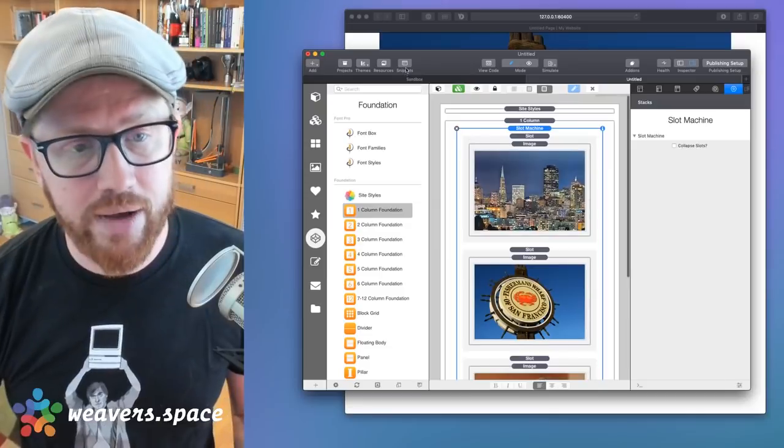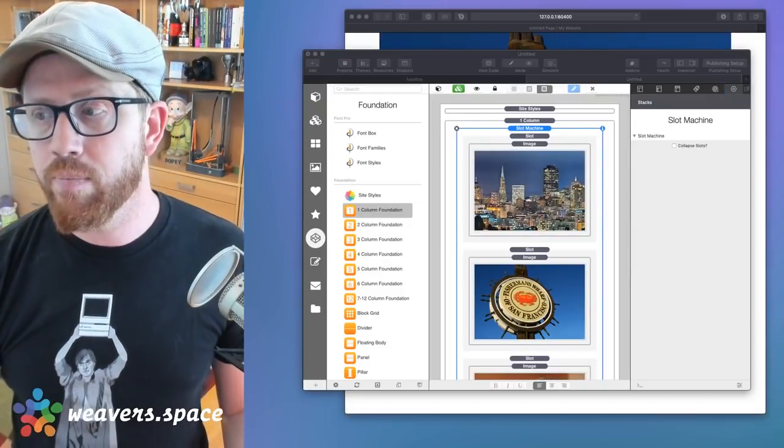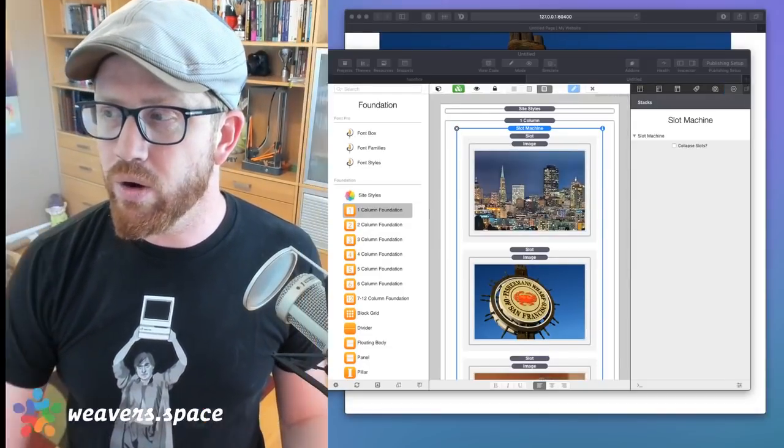And it's really important. I've seen so many people, especially with Slot Machine, like there are other stacks out there that basically randomly do that with JavaScript in the browser. And while you think that's cool because you only see one in the browser, it's not cool because sometimes those people will have 40 or 50 images that they want to randomize. And what they don't know is in the background, all of those images are being downloaded. And yeah, it's really tough because